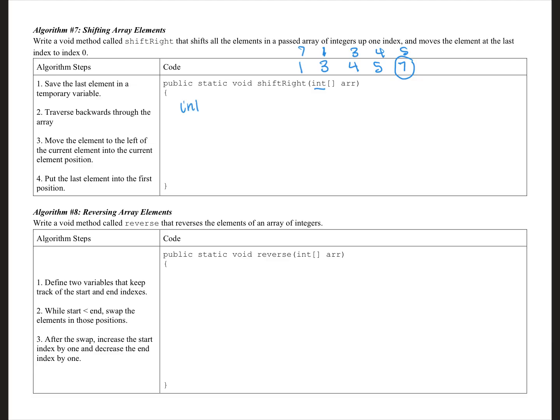So int temp, and I'm going to get the last element of the array. The last element would be ARR.length minus 1. So now, currently in temp, I have the position, which is currently, I guess, position 4 in mine, stored as 7. So now I'm going to write a loop and move everything over. So for int i,